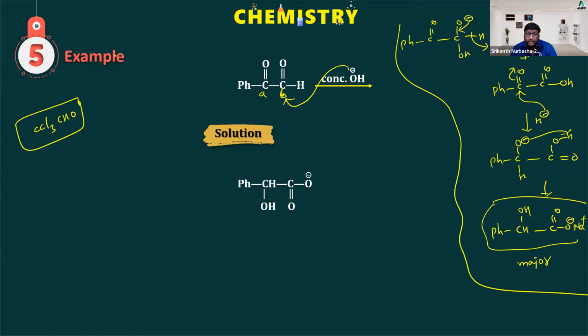Yes, sir. Will CCl3CHO give the Cannizzaro reaction or not? What is the condition for the Cannizzaro reaction? There should be no alpha hydrogen. Is there an alpha hydrogen here? No, sir. So will it give Cannizzaro or not? It will not give. Why? CCl3CHO will not give the Cannizzaro reaction